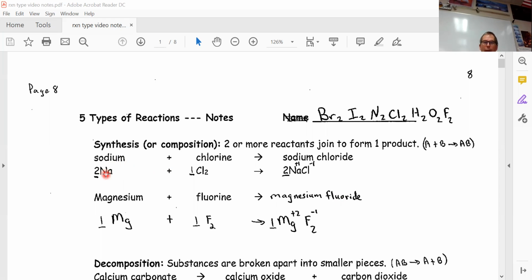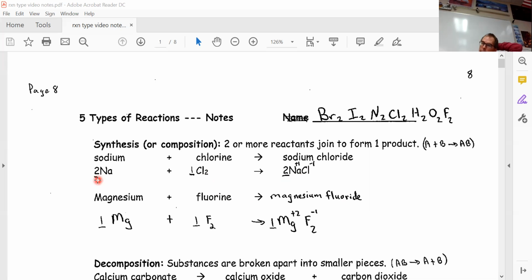I will show the balancing thing here so you can look through that, but it's not an emphasis. Notice sodium travels by itself because it's not part of Brinkelhoff. Chlorine travels in pairs because it is part of Brinkelhoff. And I look at the charge. Na is +1, Cl is -1, so I write the right chemical formula. Then I go back and put coefficients in front. I saw this 2 in front of the chlorine. I had to put a 2 there, and then I had to put a 2 here to make sure the